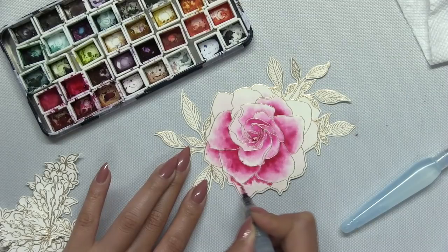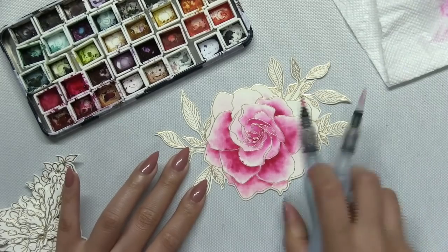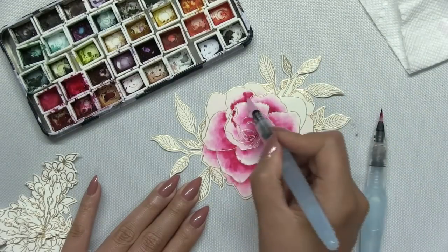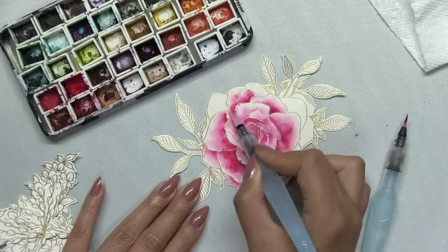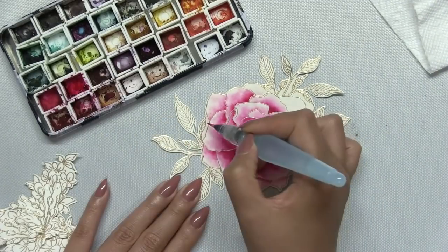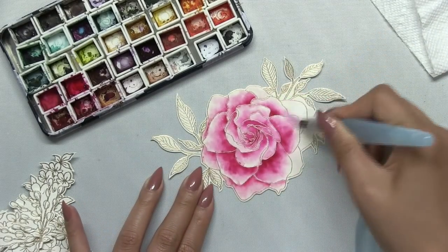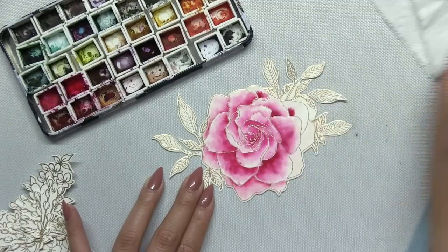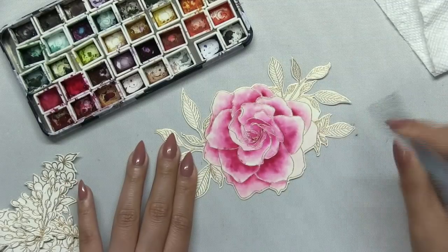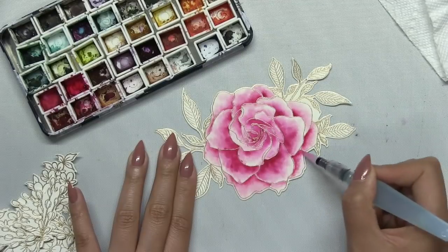And to do so, I have a clean paper towel right next to my workstation, which I use to brush off the pigment or wipe off the pigment from the brush tip. I also use that paper towel to help control the amount of moisture on both brush tips. Sometimes there's a little bit too much water that comes out of the barrels, and it either floods the brush tip so that it dilutes the pigment that's on there a little too much, so then I'll just dab it onto my paper towel to lessen the amount of water on the brush so that my colors are deeper and